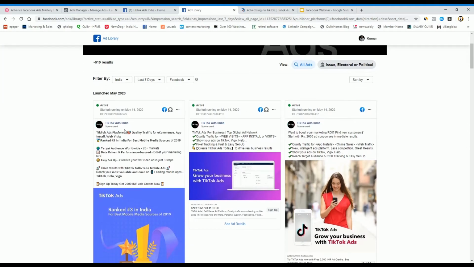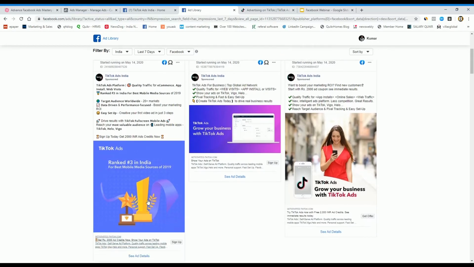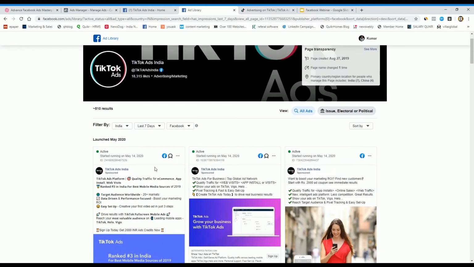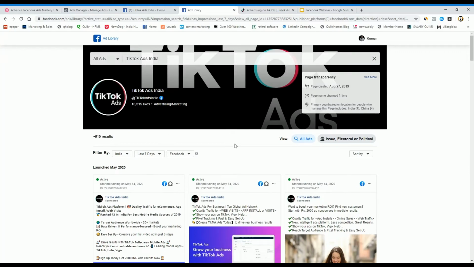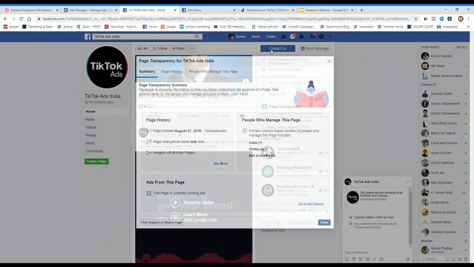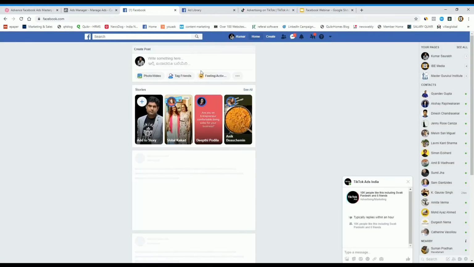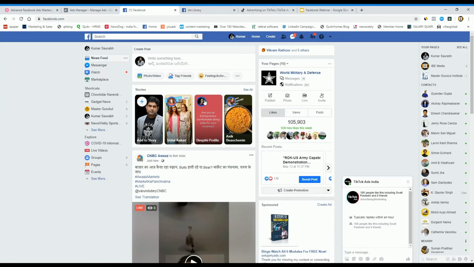So I'm not telling you just copy this content, okay. So from this you can get an idea so that you can easily create an advertisement. You can figure out what I have to write down, what images I have to put. So you can figure out easily from your competitor who is already running the advertisement, okay. The second thing you can do, I'm telling you how you can figure out whom they are targeting, right?